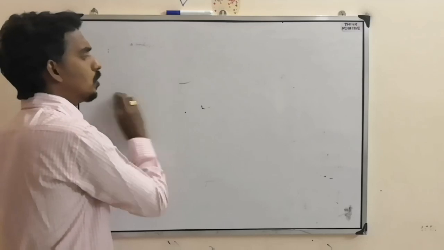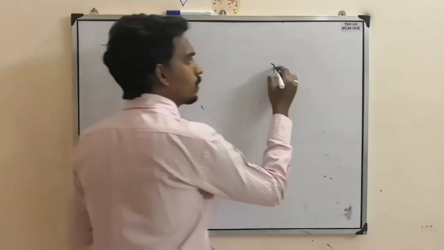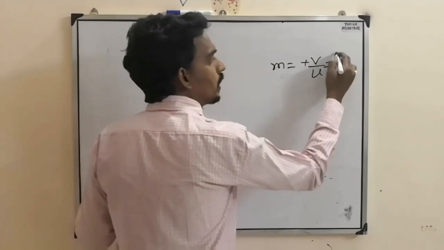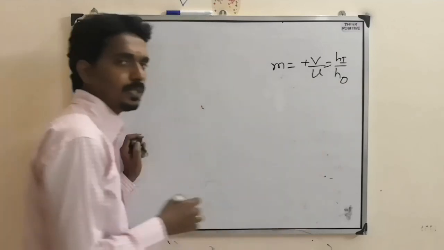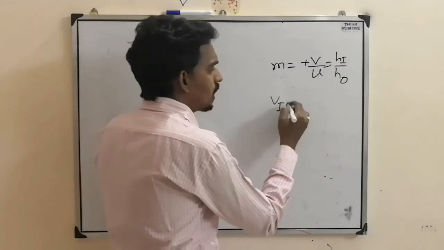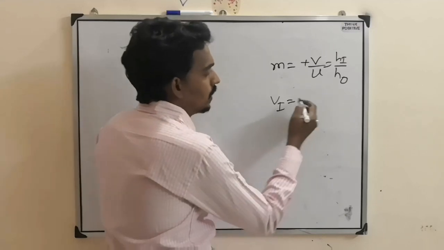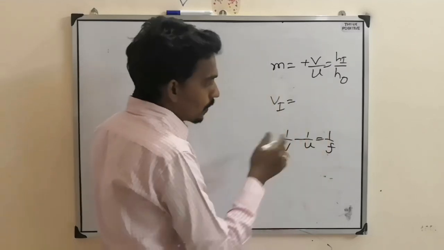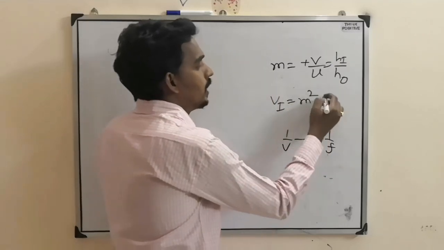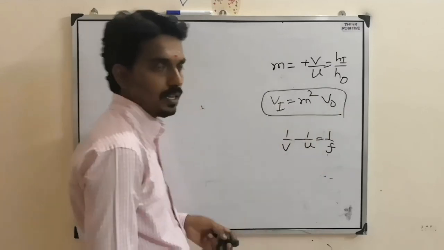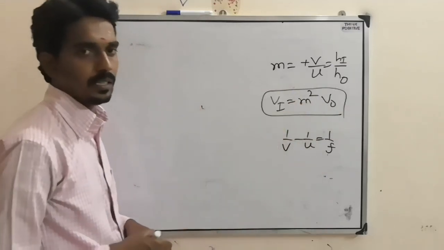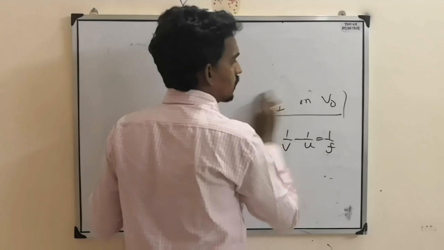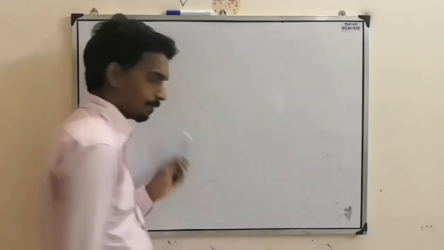And in case of lens also, concave or convex, here also the formula comes: magnification, lateral magnification. But here the formula is plus v by u, that is height of image by height of object. And same here also, the velocity of image and velocity of object formula will come, that is 1 by v minus 1 by u equal to 1 by f. If you go for differentiation, velocity of image will become m squared into velocity of object, where m is the lateral magnification. So based on this formula also they can give the question, magnification, size of object and image.